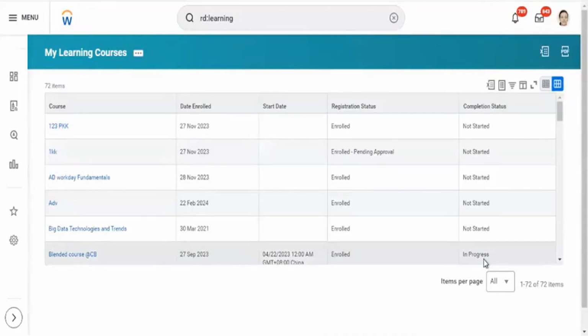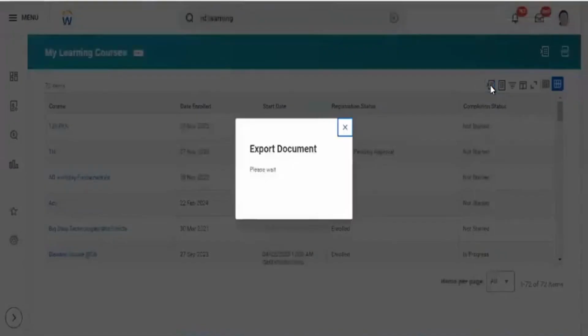You will be requiring it for the courses that are available in the tenant. That is for learning. If you want to extract that into Excel, once you run a report, you will be seeing an option here, the Export to Excel button. That will be downloaded to Excel.